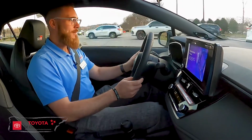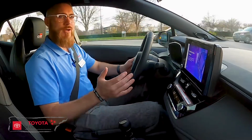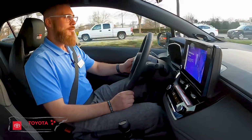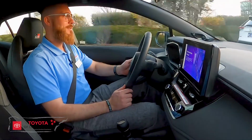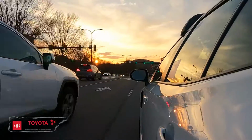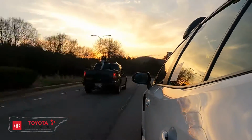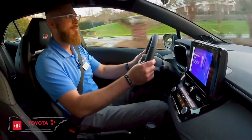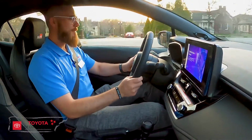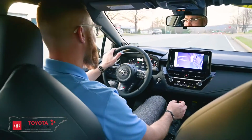So the first thing I notice, I love the engine noise. It's not too much. You hear the turbos. Let's try to set off for safety sensors. Man, this thing is fun. Super, super grippy in the turns. It's really easy to rev match. So as we come to the stoplight up here,